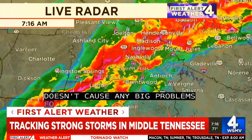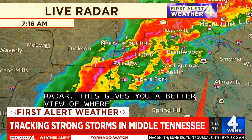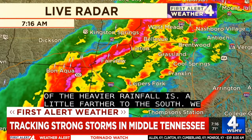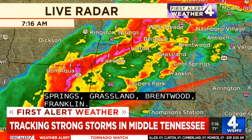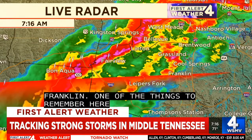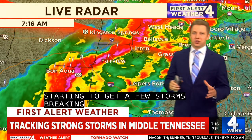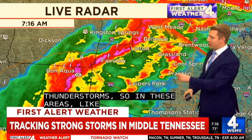This gives you a better view of where the core of the heavier rainfall is. A little farther to the south, we look down to areas like Cool Springs, Grassland, Brentwood, Franklin. One of the things to remember here is that we're starting to get a few storms breaking off of the main line of heavier rainfall and thunderstorms. So in these areas like Cool Springs and Franklin, while the rain is going to start even near Leipers Fork,